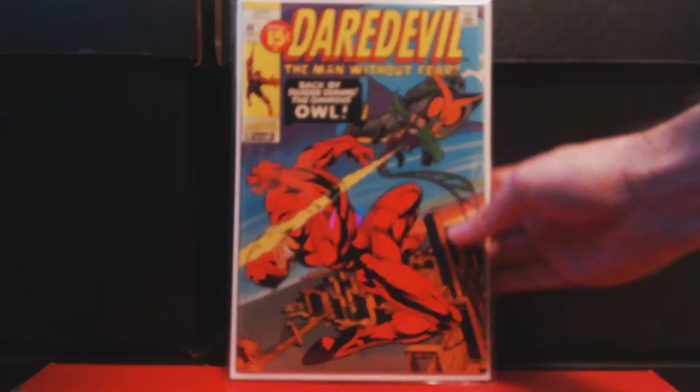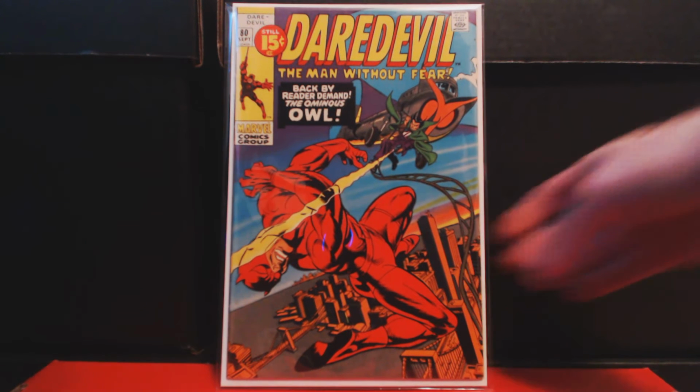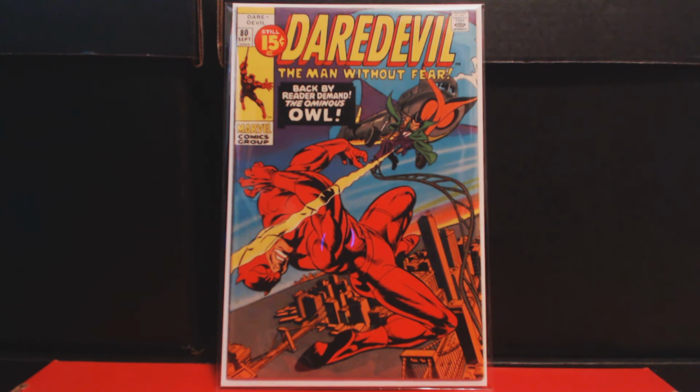The next book I got here, some Daredevil. I picked up, still working on my run, getting closer. Seems like I've been picking up a book a week at least, so really happy about that. This is number 80. This is a Gil Kane and Frank Giacoia cover. This is a decent shape copy. I mean, it's not super great, but you know, it's got